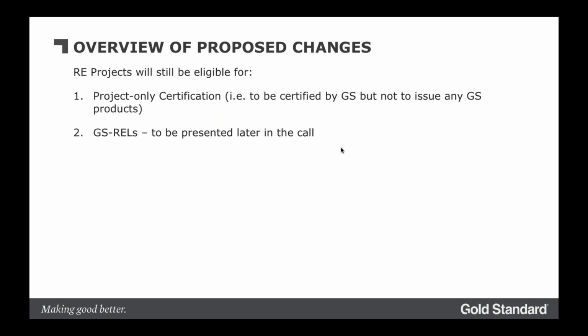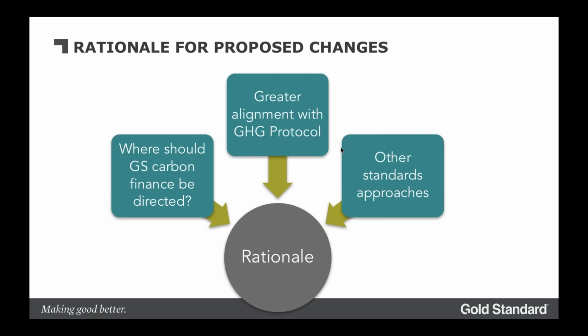Just briefly then, a couple of other quick points to note. Renewable energy projects will still be eligible for two things other than carbon credits. So if you're in one of those non-eligible places, either you're a higher upper middle or higher income country, or the technology is above 3.5% installed capacity, you do still have Gold Standard pathways to be eligible for new projects. GS for the Global Goals allows for project-only certification. So you could just certify as a project and don't have to issue anything. And this eligibility rule doesn't apply for that.